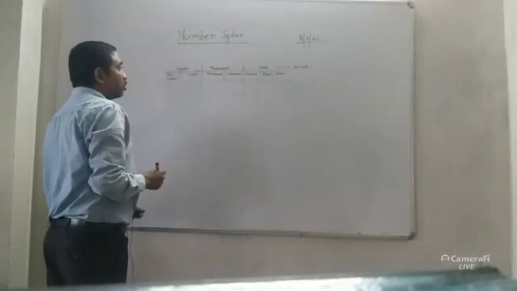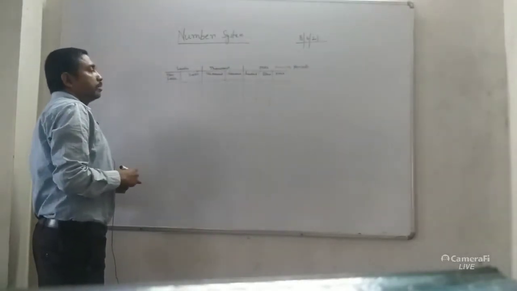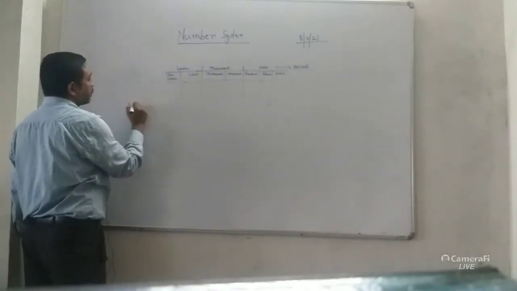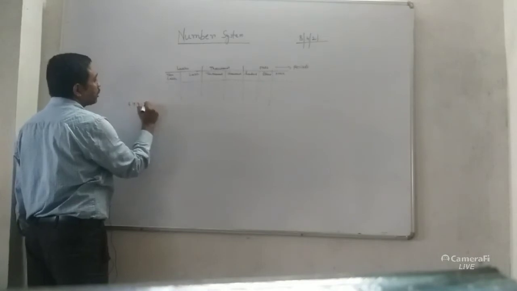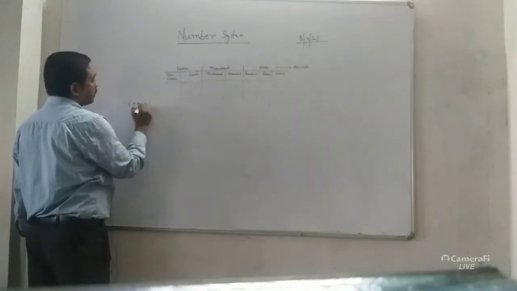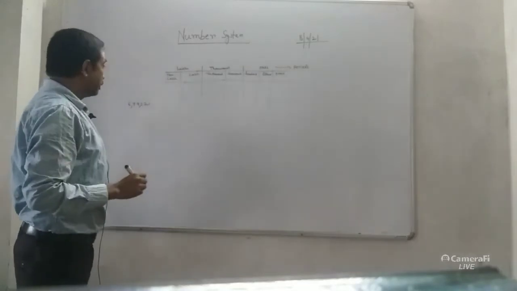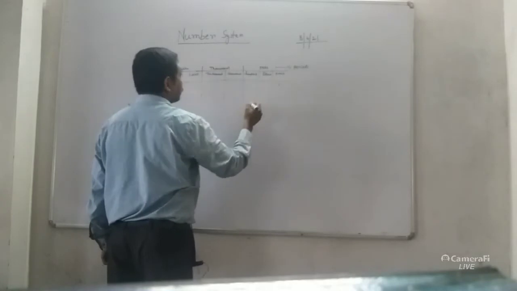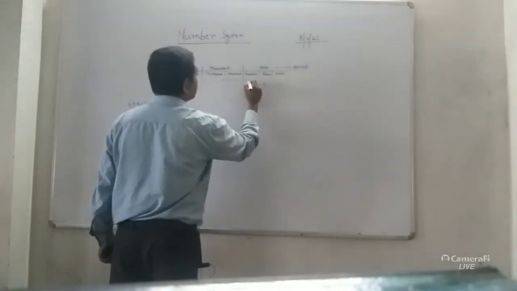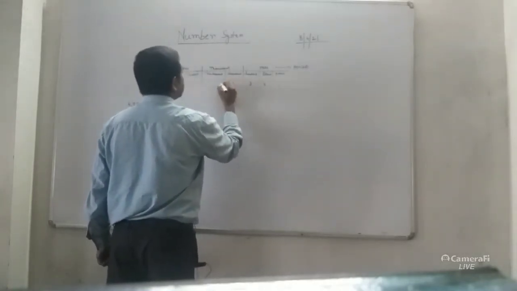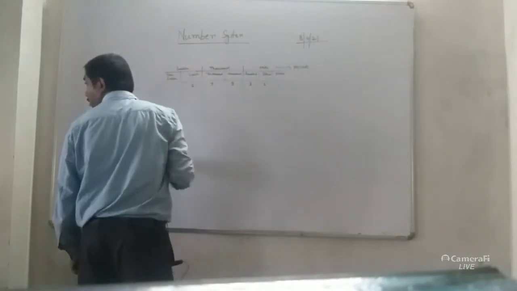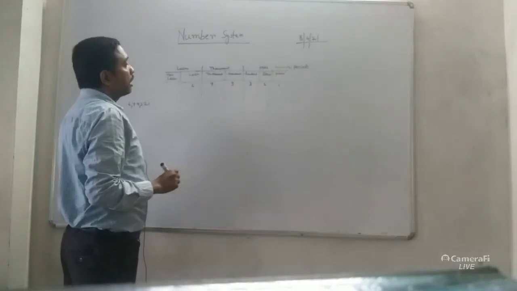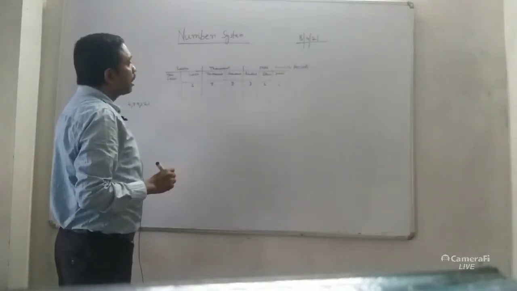So in this way you can show the periods. Whenever you express a number, suppose a number is given, I will give you an example: 6 7 9 3 2 1. First you put the comma after 3 digits, after 2 digits. Then put the digits from right to left: 1 2 3 digits come, then 9 7 and 6. Now you can have the idea about the name of the number.